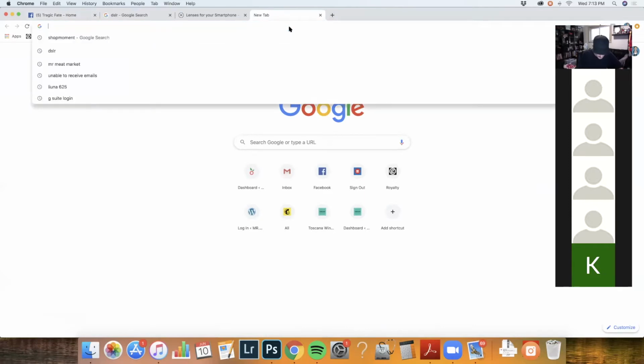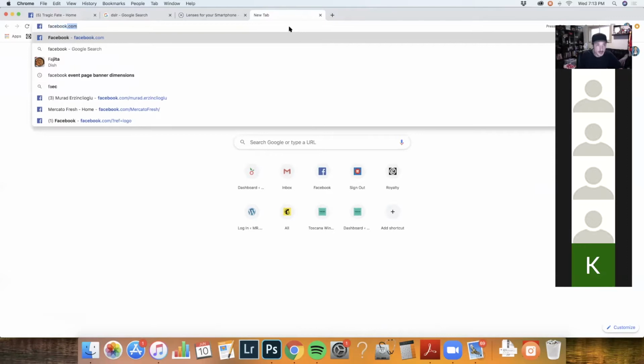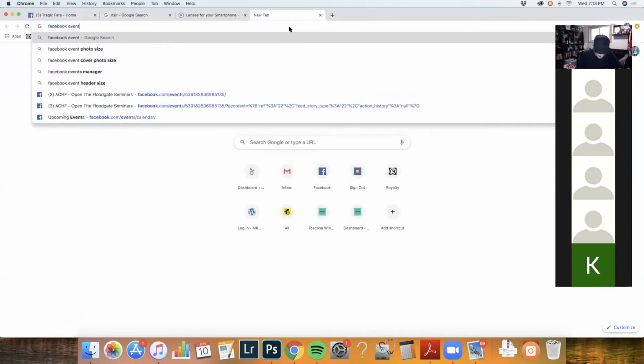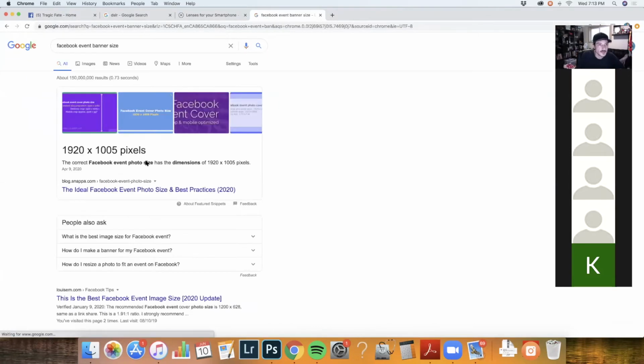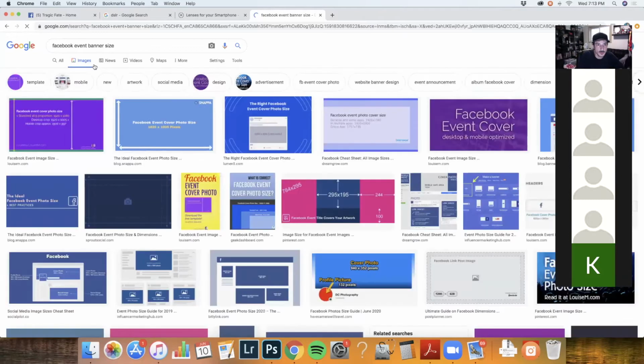So let's just say Facebook event banner size. Okay, so here we are. And right now, the preferred is 1920 by 1005. We'll click through on some images here to give you a better idea.